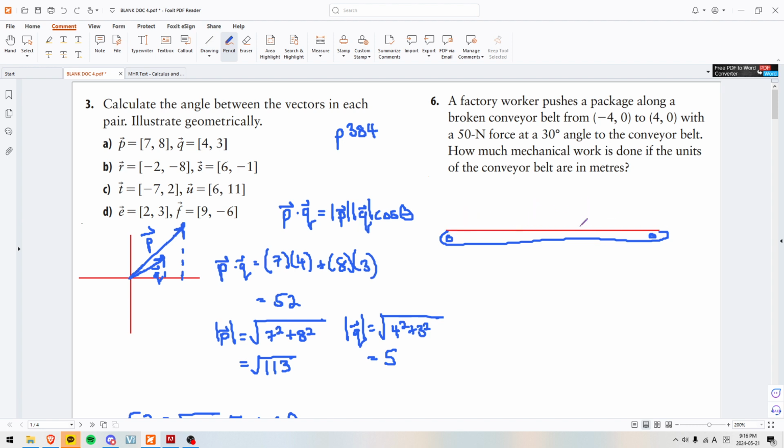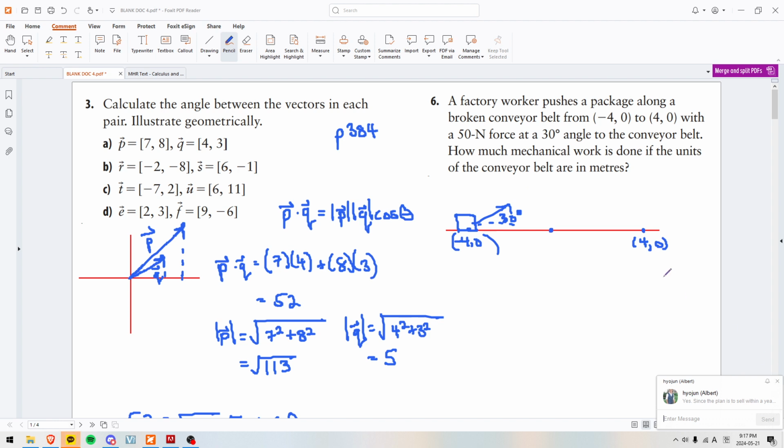A factory worker pushes a package along a broken conveyor belt from (-4, 0) to (4, 0), with a 50 Newton force at 30 degrees to the conveyor belt. How much mechanical work is done if the units of the conveyor belt are in